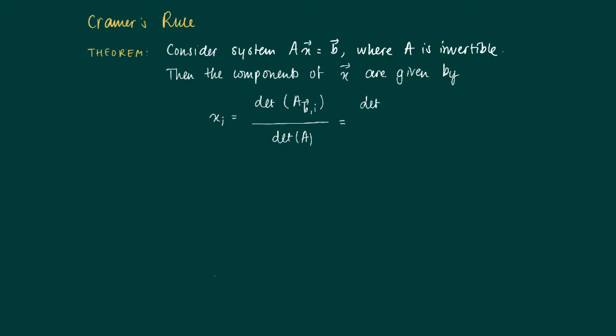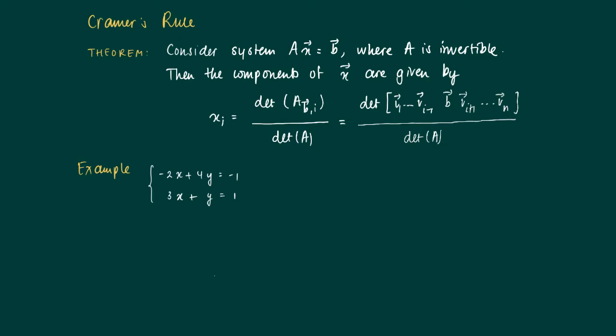So we take a matrix A that has columns v_j, and we change the ith column by b. We calculate its determinant and we divide by the determinant of A. This is Cramer's rule. So for example, consider the following 2 by 2 system where we have a coefficient matrix